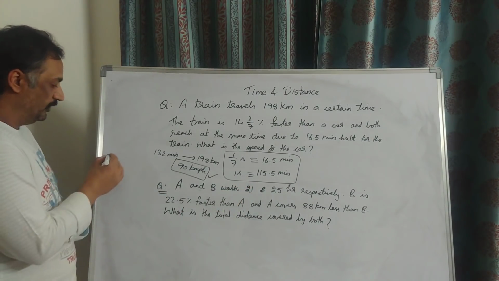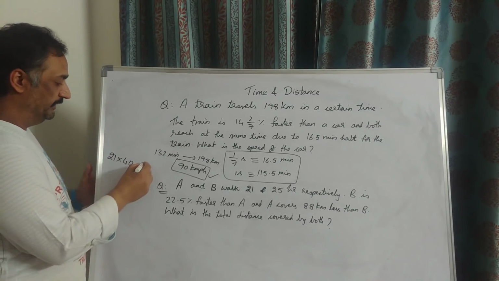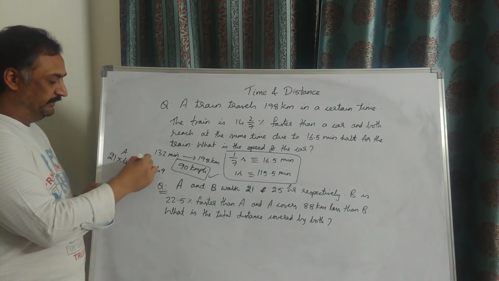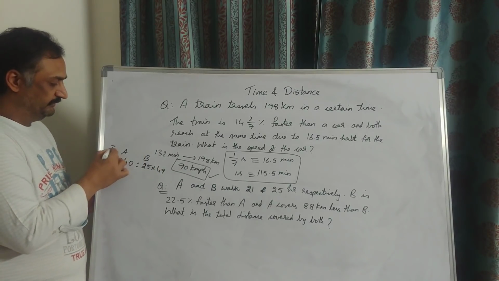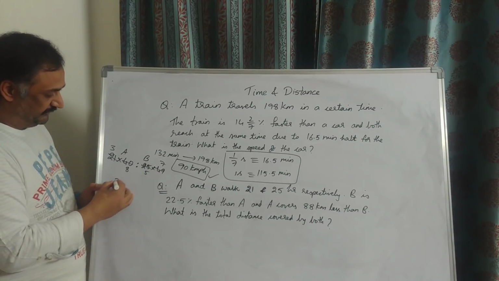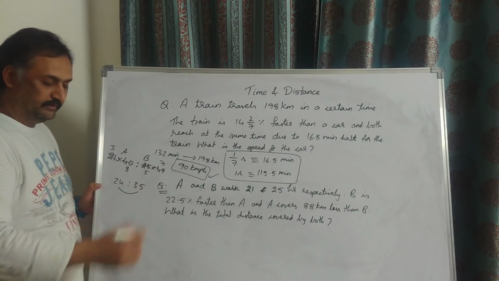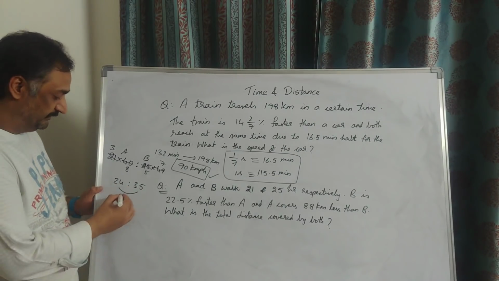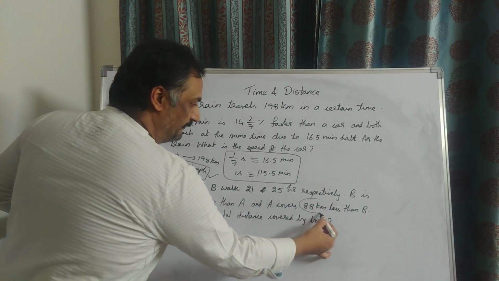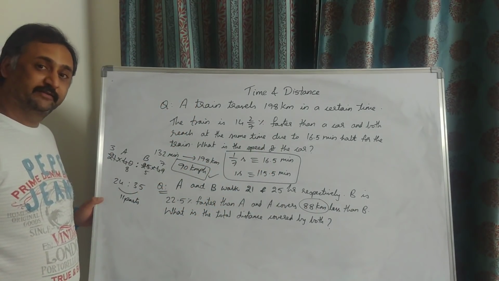So the distance A should walk should be 21 into 40, speed into time. And the distance B should walk is 25 hours into 49. So the ratio of their distances covered, A and B, are in this way. 7 3s, 7 7s, 5 8s, 5 5s. So the ratio of distances are 24:35. So if I see the difference between the parts of the distances they covered in this ratio, it is 11 parts difference. But according to the question, their distance covered is differing by 88 kilometers. So in this ratio, 11 parts equal to 88.